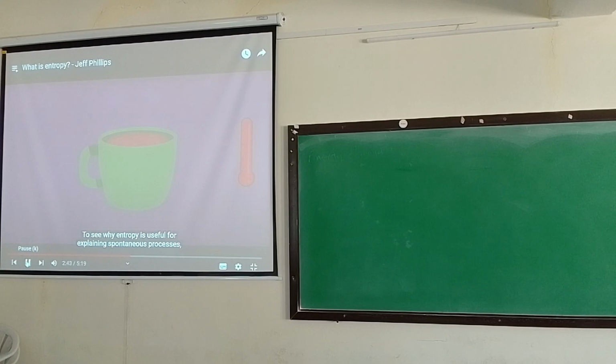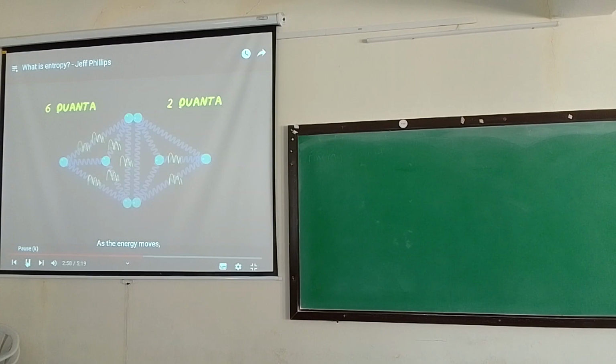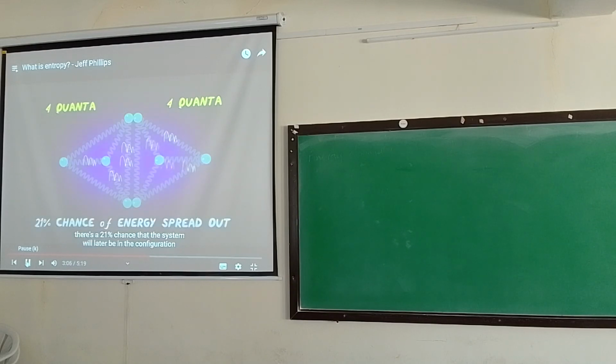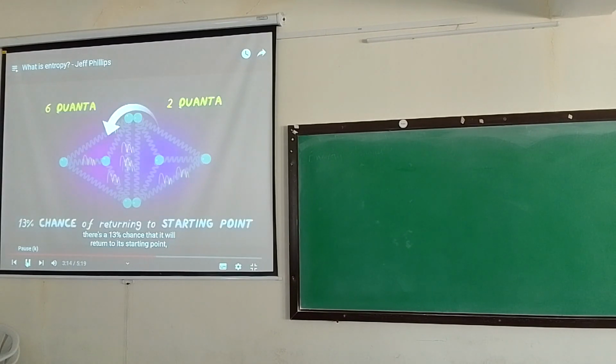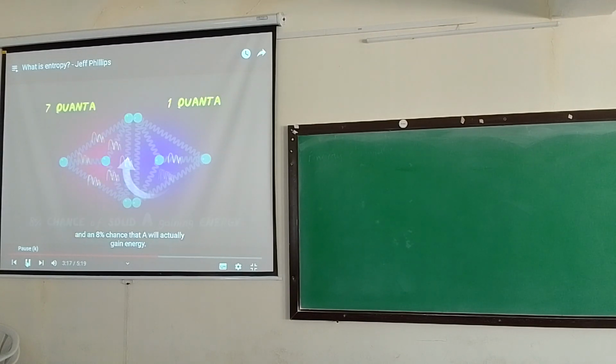To see why entropy is useful for explaining spontaneous processes, like hot objects cooling down, we need to look at a dynamic system, where the energy moves. In reality, energy doesn't stay put. It continuously moves between neighboring bonds. As the energy moves, the energy configuration can change. Because of the distribution of microstates, there's a 21% chance that the system will later be in a configuration in which the energy is maximally spread out. There's a 13% chance that it'll return to its starting point, and an 8% chance that A will actually gain